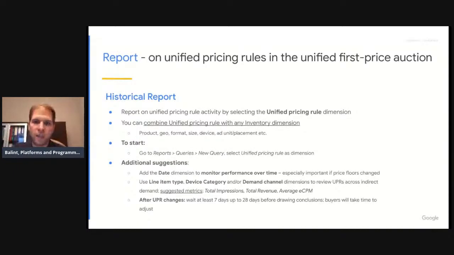But if you want to go ahead and run a report yourself, then you can report on unified pricing rule activity by selecting the pricing rule dimension. You go to the reports, the queries, the new query, and you select the unified pricing rule. Then you use the date to monitor the performance. We recommend going 7 days back, or at least that gives a really good indication of how the rule is